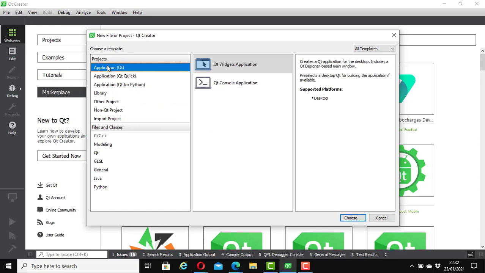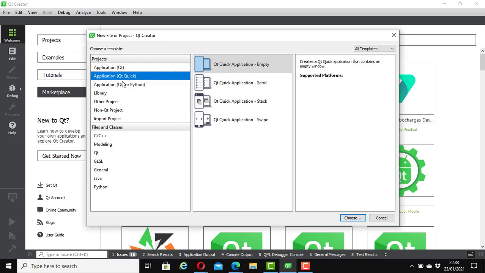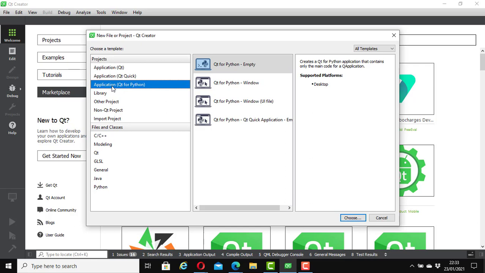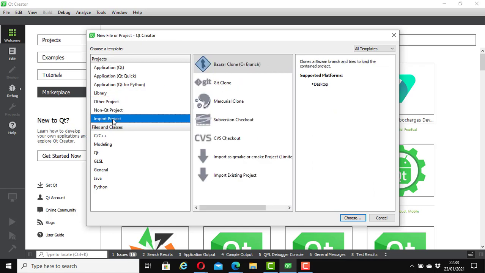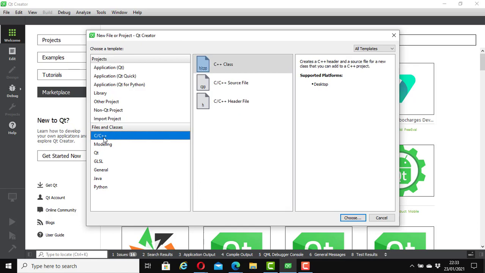By default you are likely to see Qt application, Qt widget application, or Qt console application, or application Qt Quick, and Qt for Python. In the library, other project, and so on. Non-Qt project, import project, and here you have the opportunity to create C or C++ files.